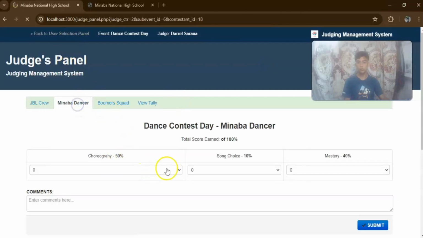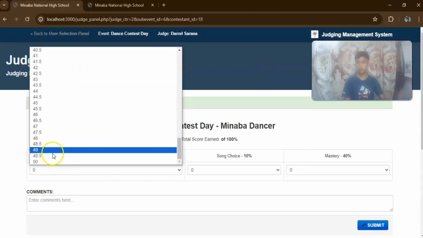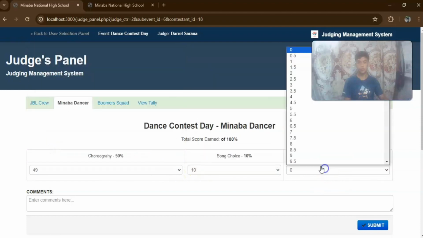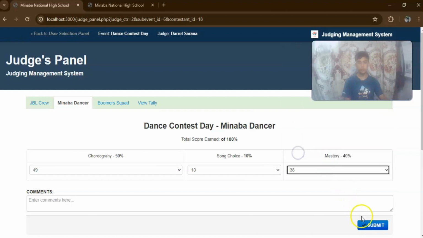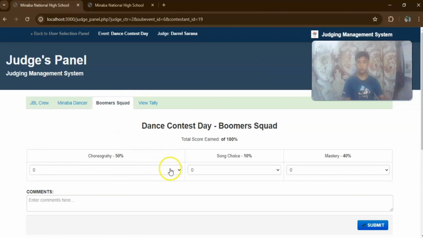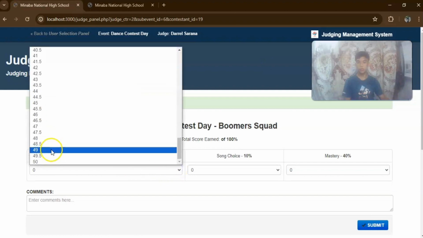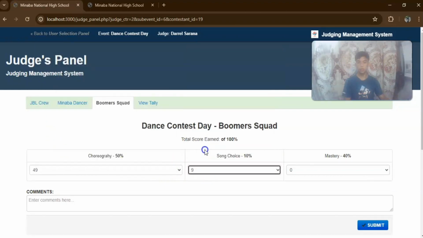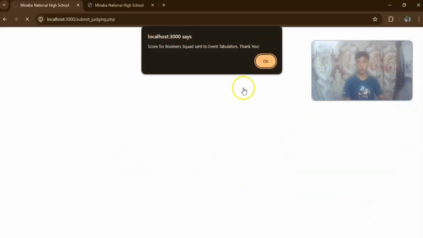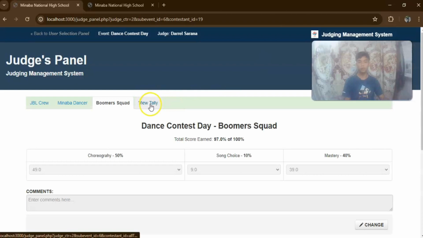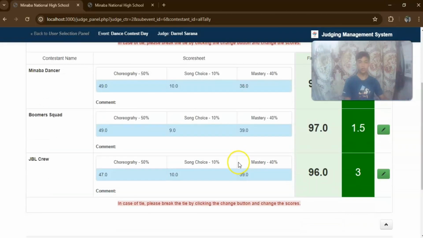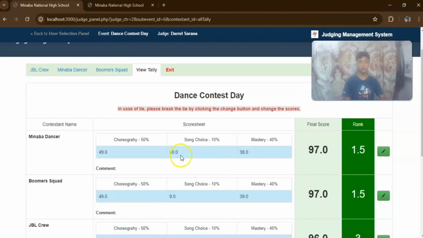Next is the dancers, and next is the winning squad. Again, you can do the tally. Here are their scores.